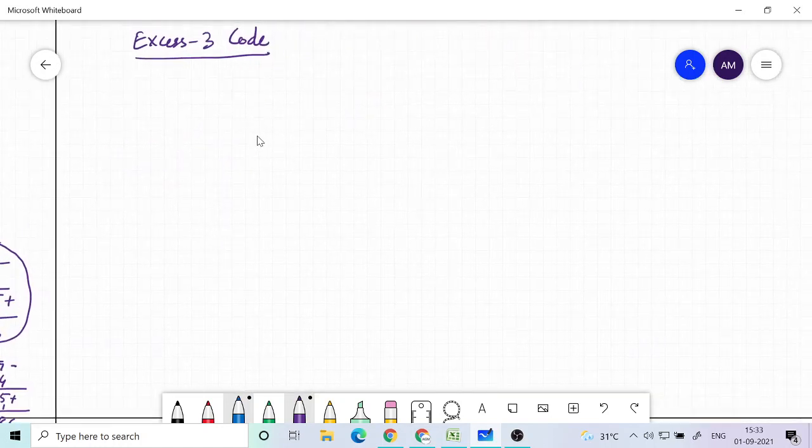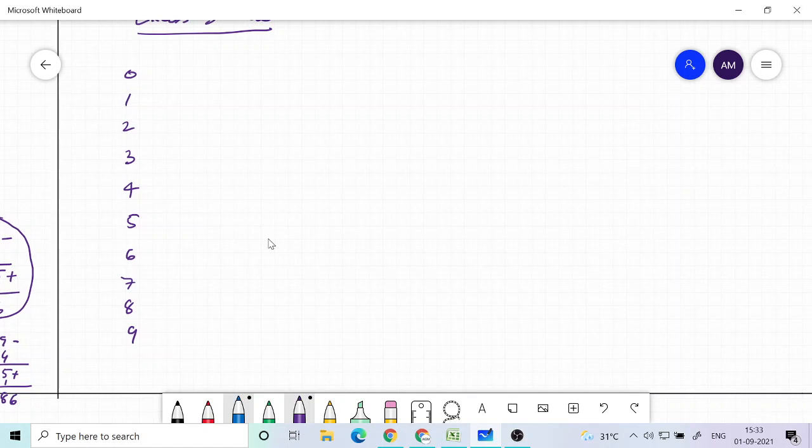Okay. So we have 0, 1, 2, 3, 4, 5, 6, 7, 8, 9. So these are the 10 digits. We need to choose out of the 16 possible binary codes, and assign any one to the 0, 1, 2, etc. up to 9. In BCD, we know it allocated the first 10 cases, 0 0 0 0 to 1 0 0 1.